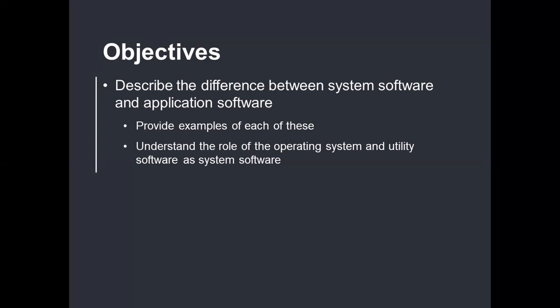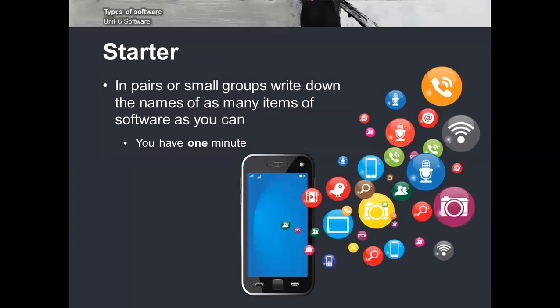other things. So we are going to provide a few examples of both system software and application software, and understand the role of the operating system and the utility software as system software, that is, what is the need for these system software we have. So this is the starter we have, where